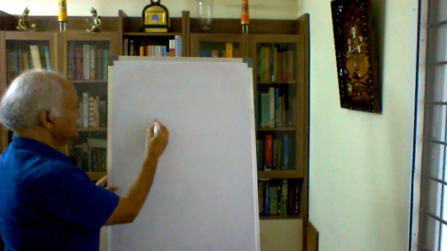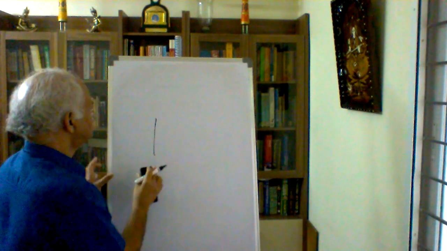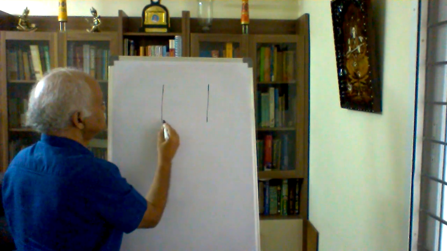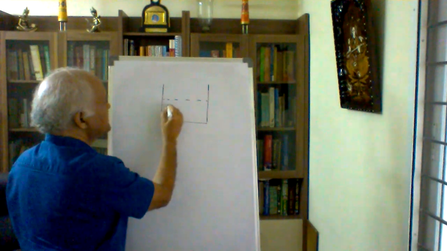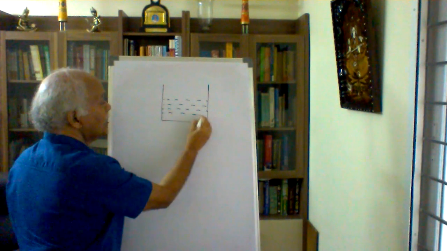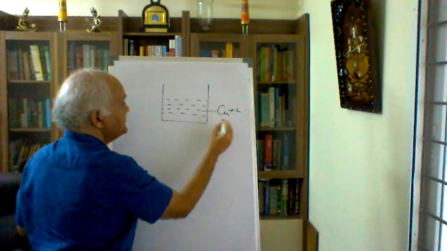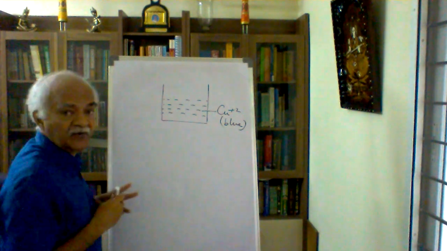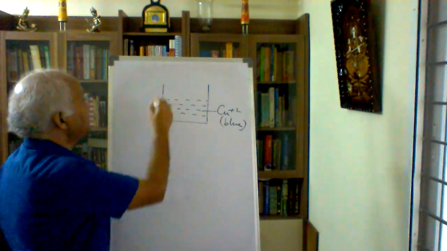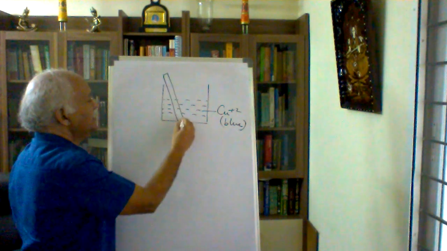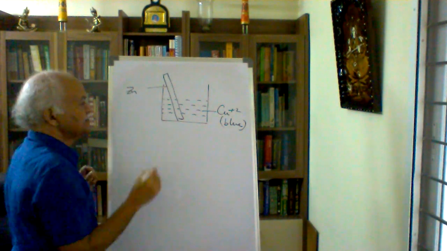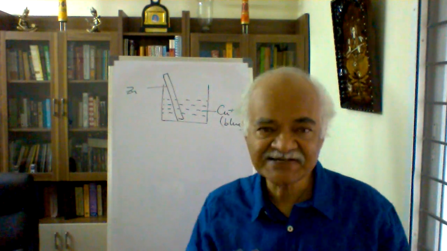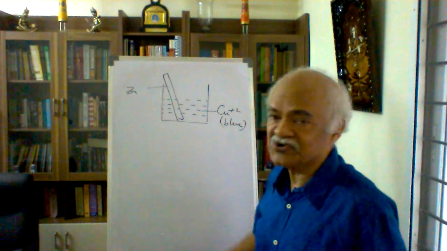This is what I was telling you. This is my beaker, and this is the copper sulfate solution that I was referring to, which is blue in color, and what I have dipped here, I am putting here as a rod. This is the zinc rod. Hope you are able to visualize that setup here, and this is the blue colored solution.